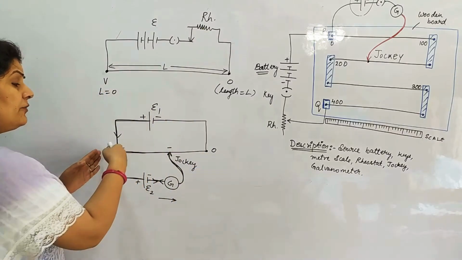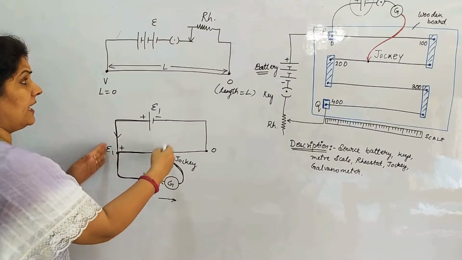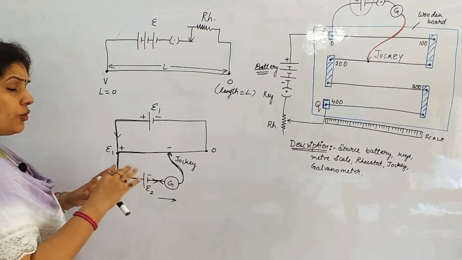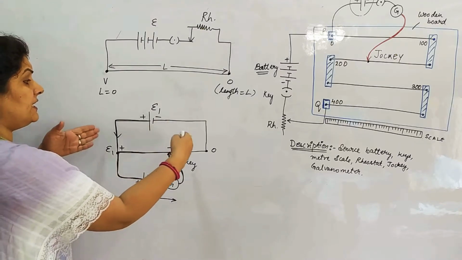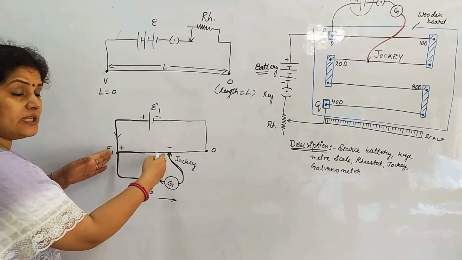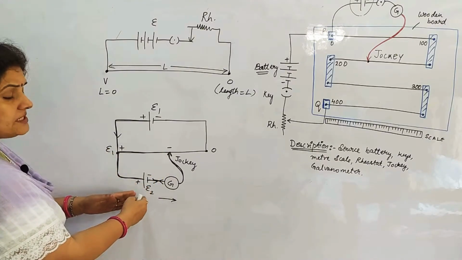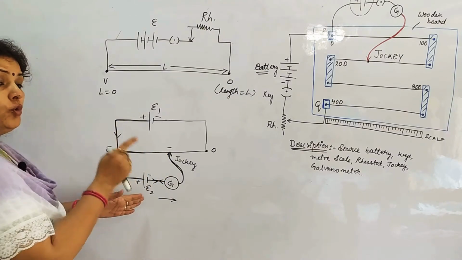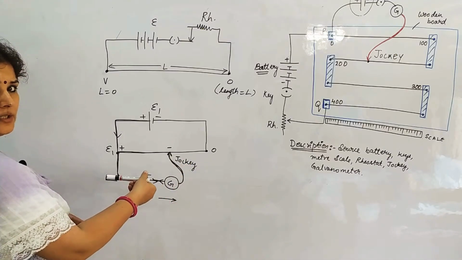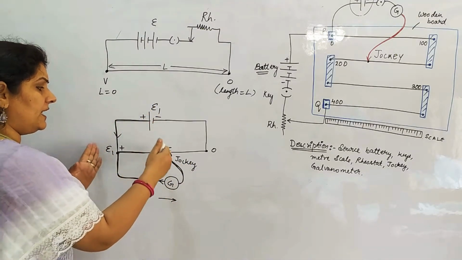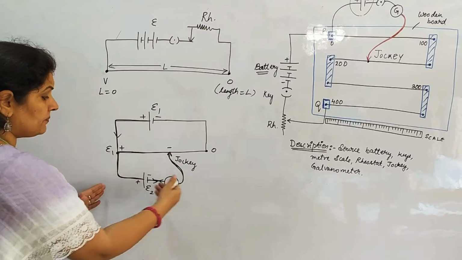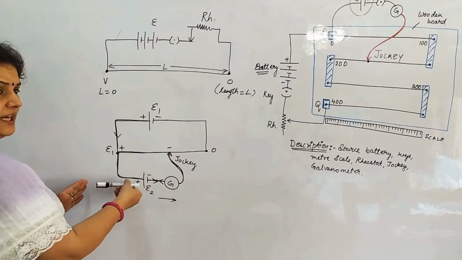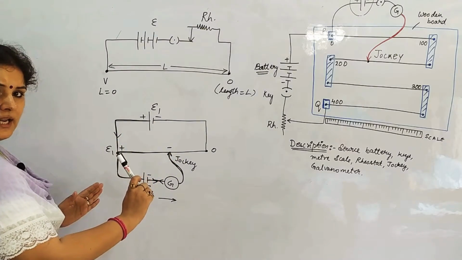So for this much length the force was given, but now we have reduced the length, and as we reduce the length the potential difference will also reduce. So suppose for a given instant of time we assume that the potential difference developed here because of this length is less than E2. For instance, if that potential difference is less than E2, E2 will dominate and current will flow in this direction, positive to negative, and in the galvanometer in this direction. So the galvanometer will show deflection towards left, right?